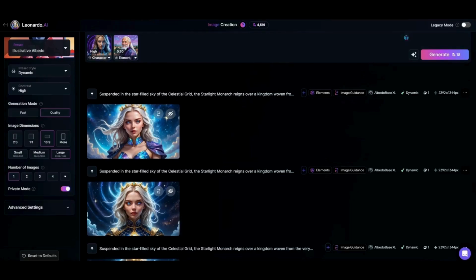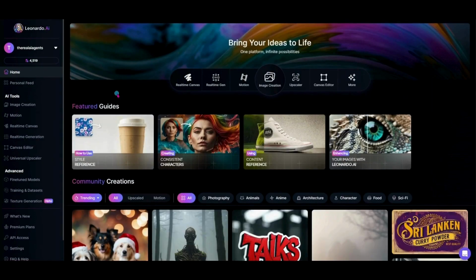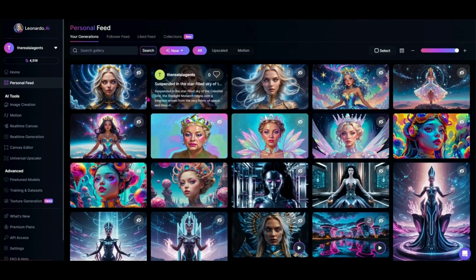So now that you've seen how to use the Ultra mode in the generation, you've seen the realistic and the artistic Ultra Upscaler, you've compared that to the Legacy Upscaler with me, and you've used the new elements. Let's hop over and take a look at how Leonardo's motion has really come up in the last few months. So if I come back to my home screen here, I have a couple ways I can get to the motion. I can come up here to motion, I can come over to the toolbar and I can hit motion, or I can go to my personal feed and I can decide which image I want to put the